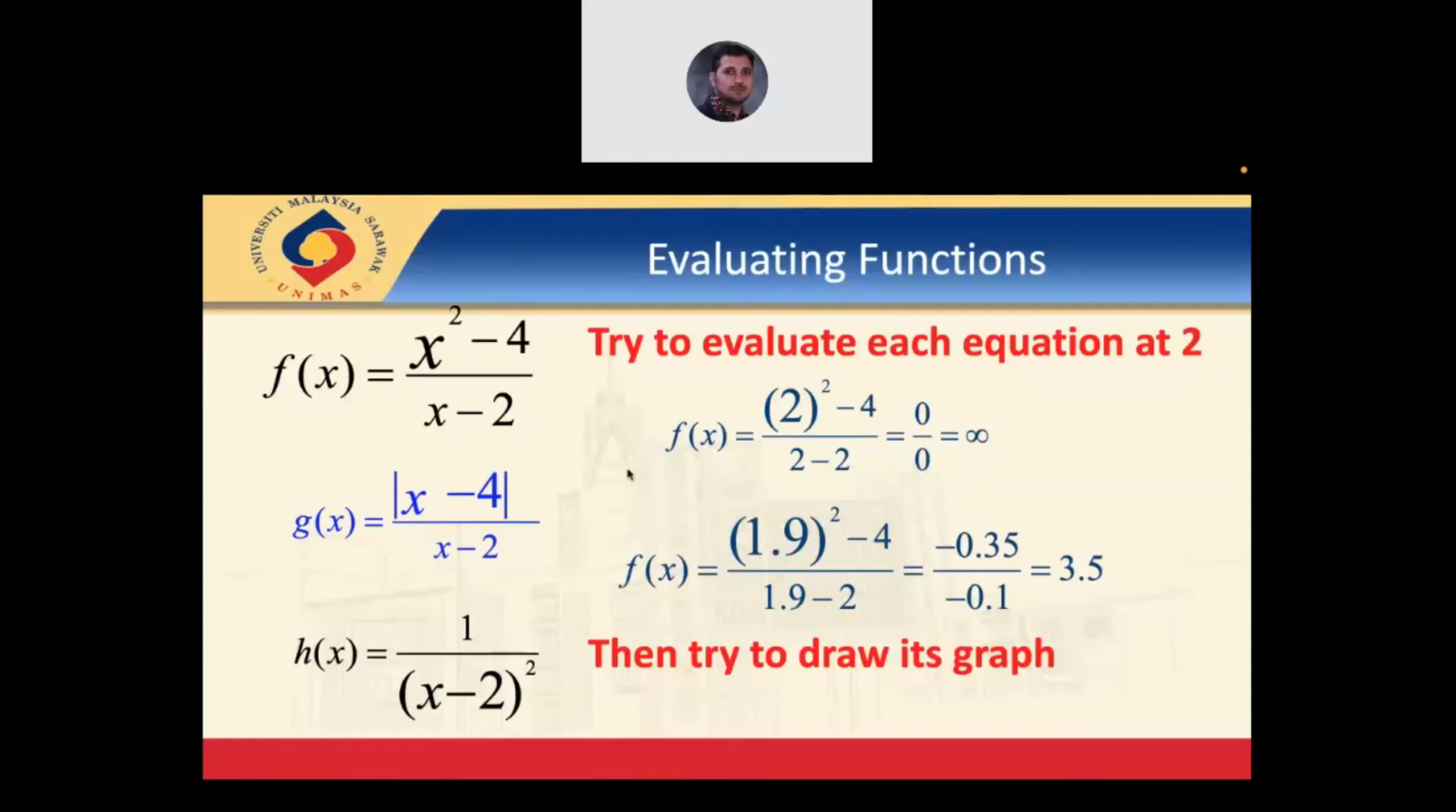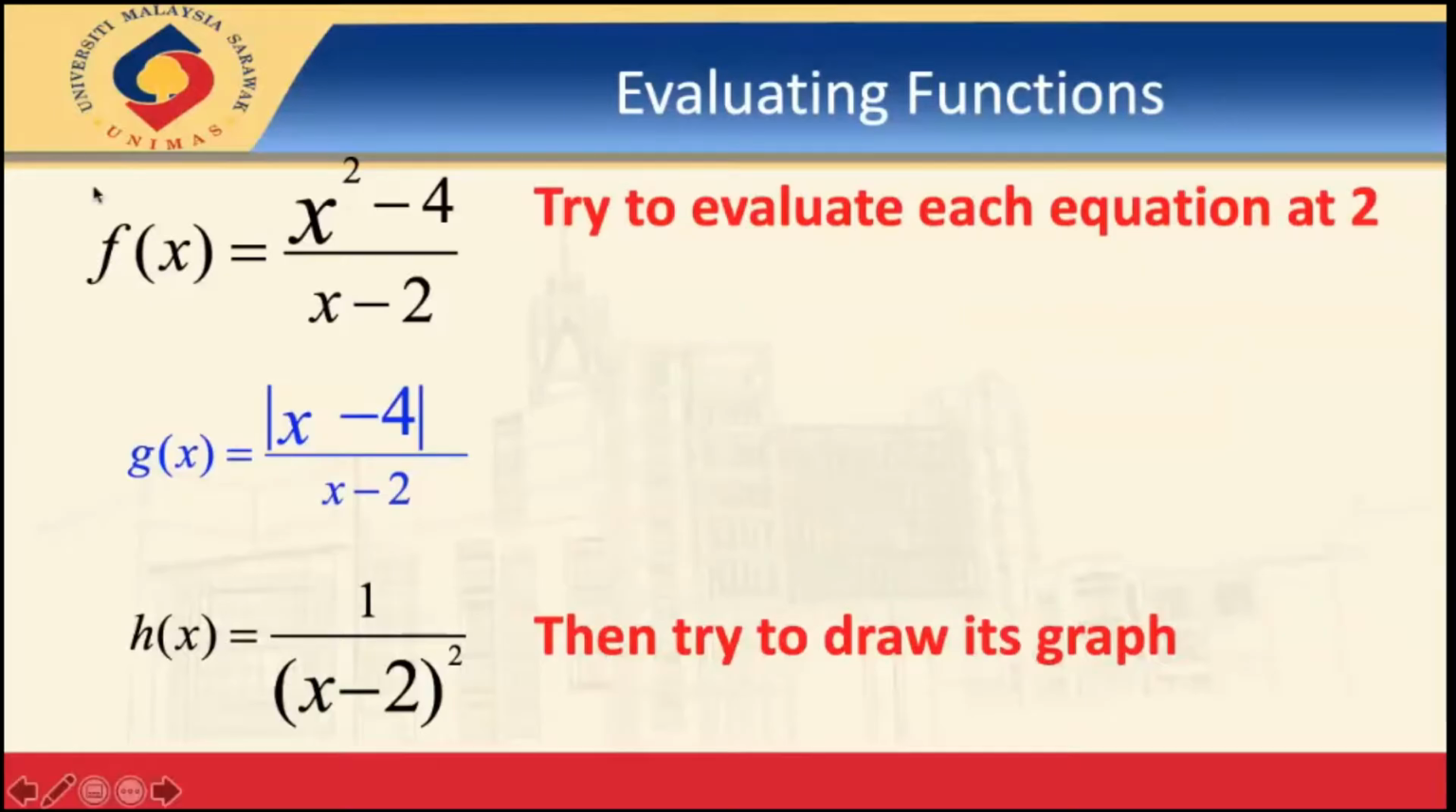So we were discussing functions. For example, if we have f of x = (x² − 4)/(x − 2), or g of x = |x − 4|/(x − 2), where the numerator x − 4 is an absolute value. These are functions we have tried before in our previous class. So we will evaluate this function at the value of 2, and we will replace each x